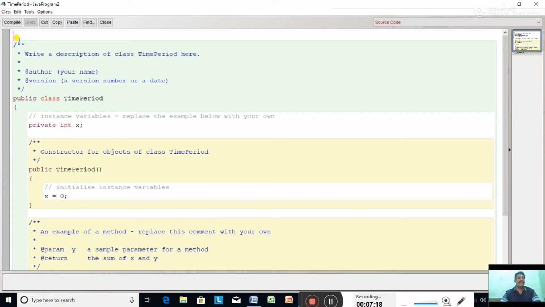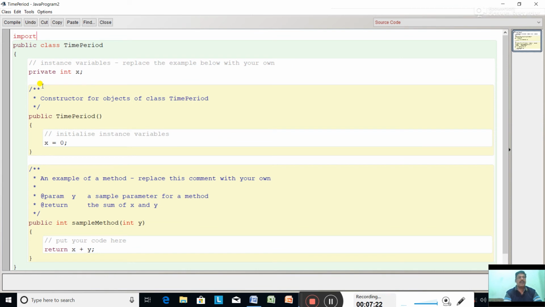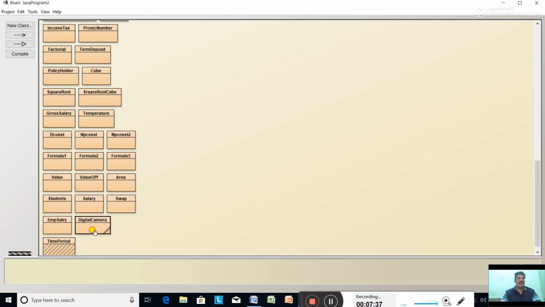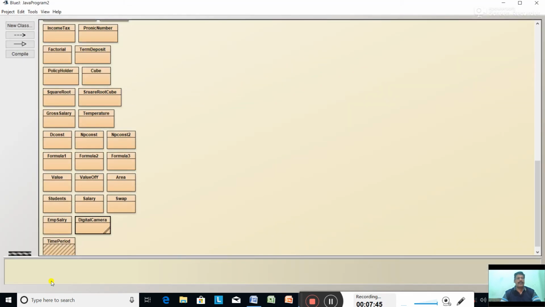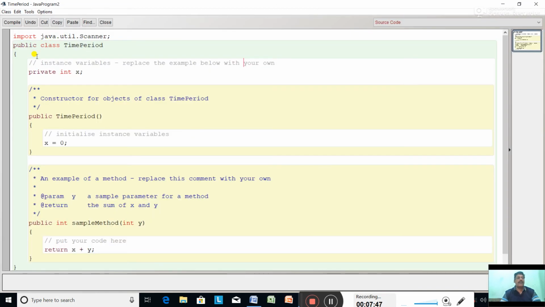First import line, import java.util.Scanner. Now open the last program digital camera and just copy some lines from it to input the value. Done.